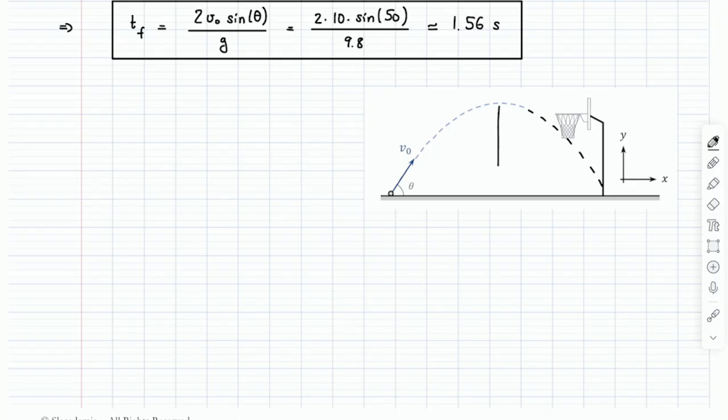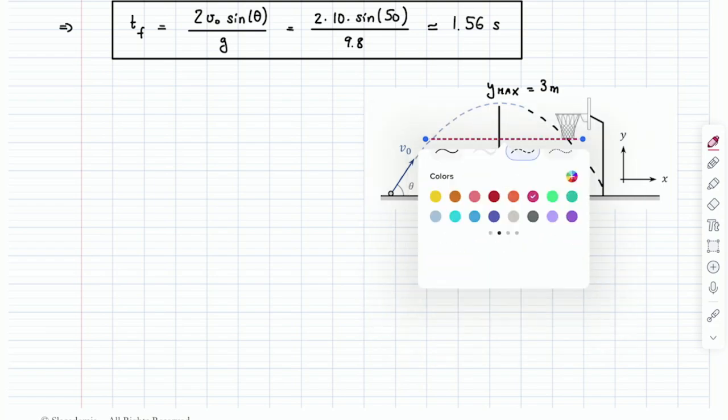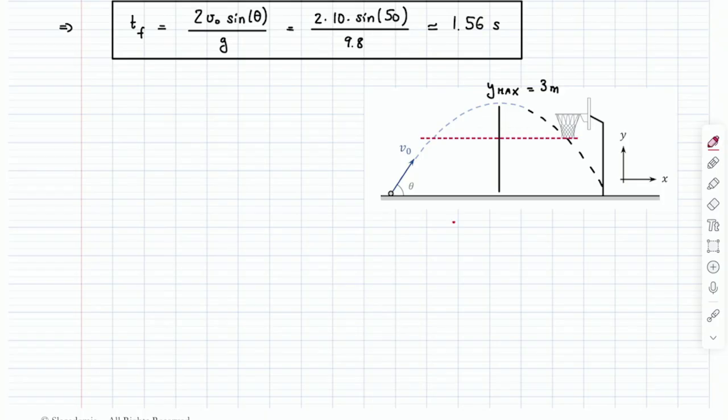Okay, so we know that the max height, right, is y max, which is about 3 meters. Okay, so let's take 3/4 of that, wherever that is. I'm just going to draw a horizontal line like this. And I'm going to say, well, this is 3/4 of y max. Okay, just as a visual representation. There we go. And we want to find the amount of time that he spends above 3/4 of y max. So we want to find the amount of time he spends here.